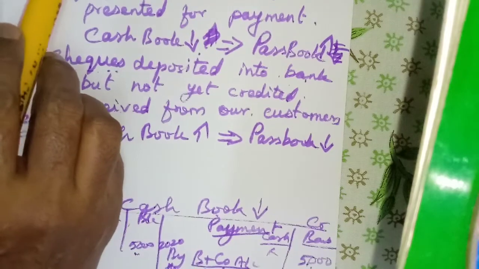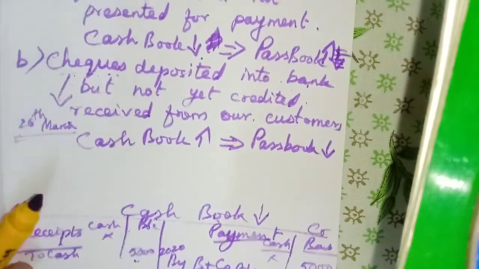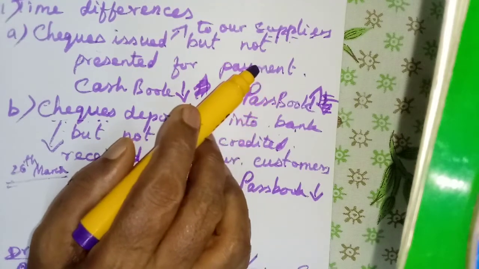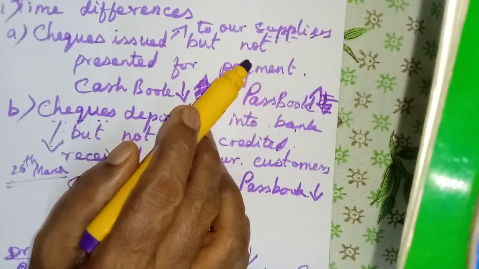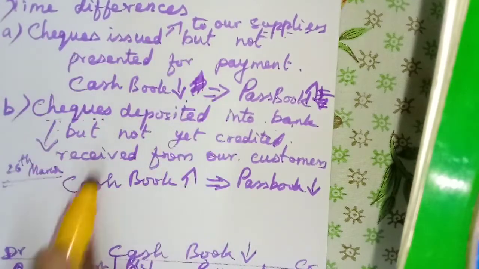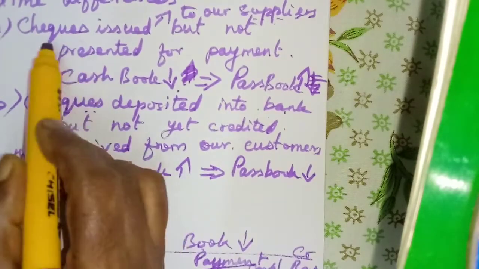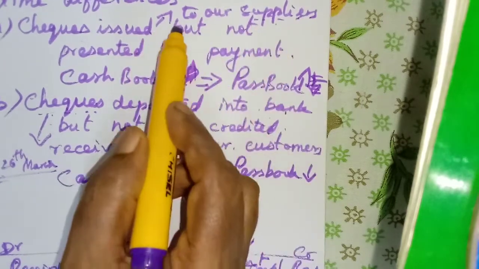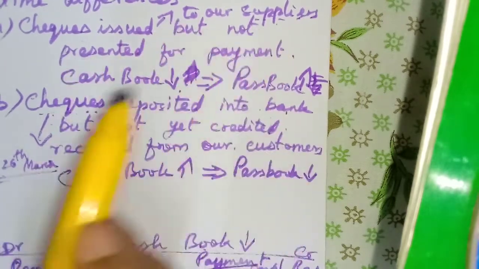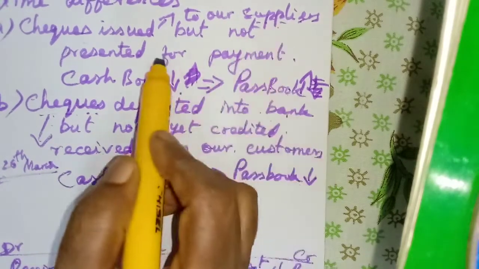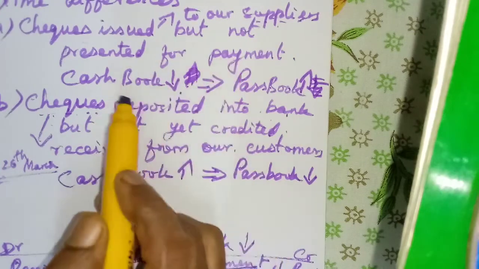There are two ways the difference may occur. One is time difference, and the other is errors that we make either in the cash book or in the passbook. First we will learn the time difference. Yesterday we learned that checks issued by the business firm to our suppliers, but those checks are not presented for payment. That is, the checks that suppliers have not presented in their bank for payment, that is why